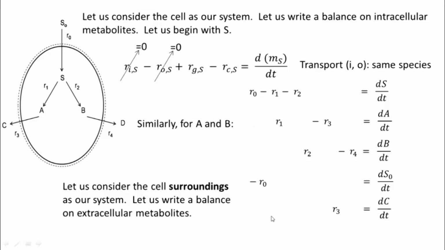Here I've just lined up R0, R1, R2, that's the reason why R0 is here, and it is actually the consumption term. Therefore minus R0 is dS0/dt. You like to be a little careful with these things. Then the consumption term for C is R3, the other terms are 0, is dC/dt, and R4 again a consumption, or